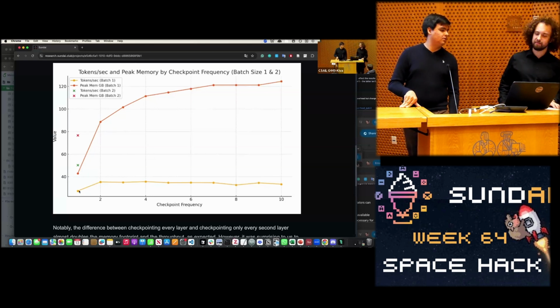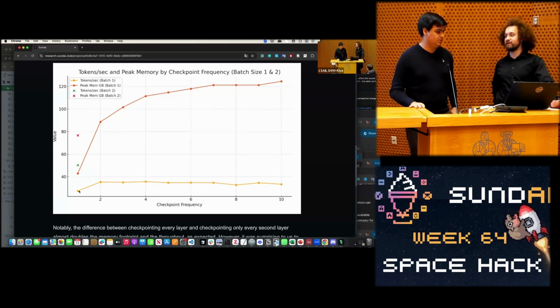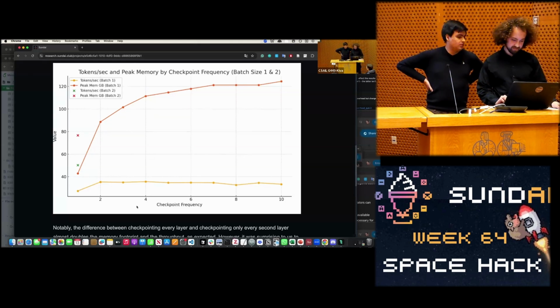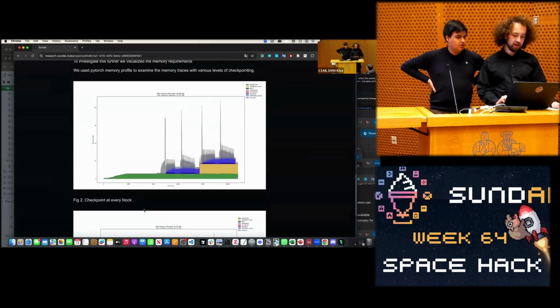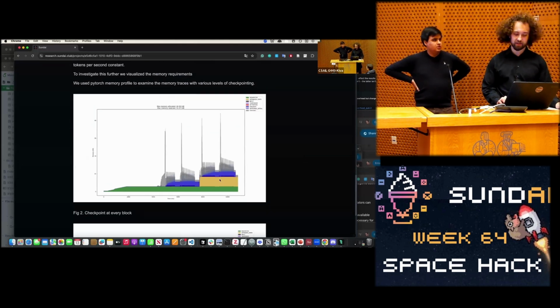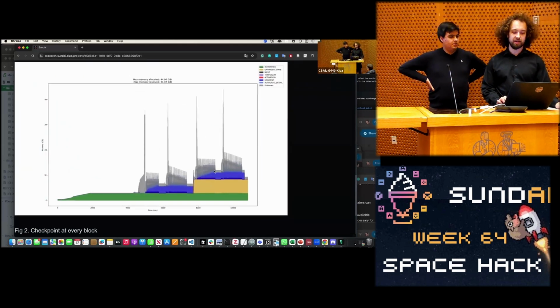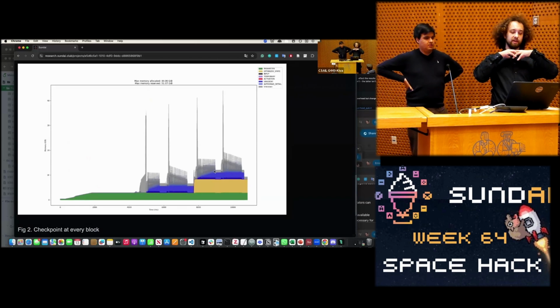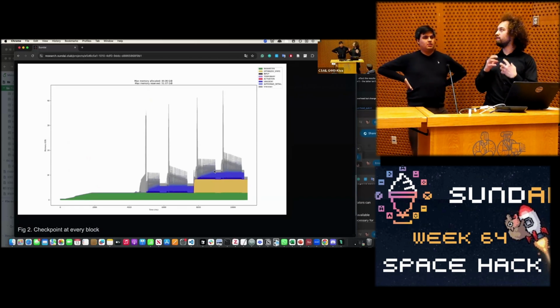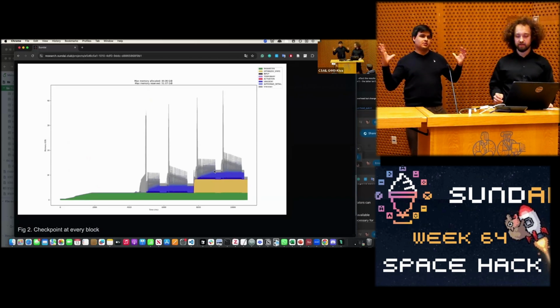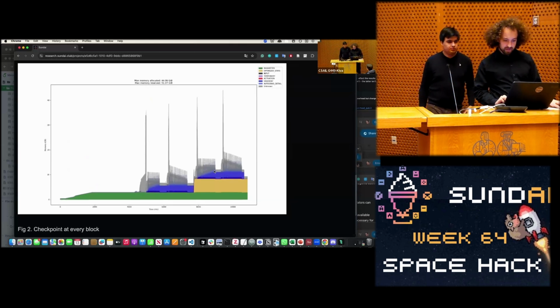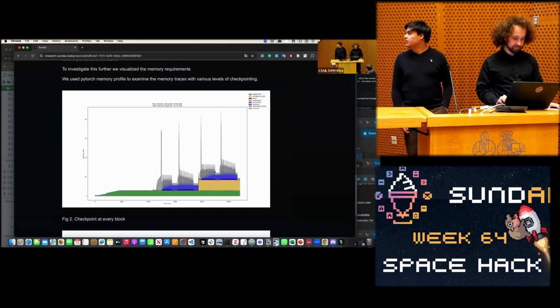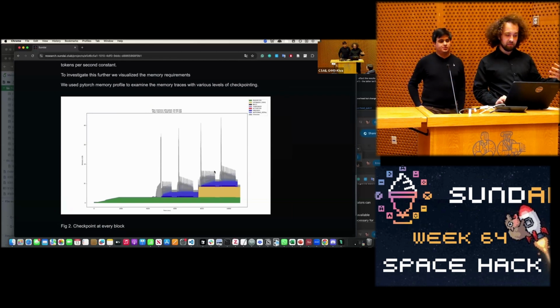Yeah. So down to the tokens. You want to share the other graphs? Yeah. Something that might be a little more visually appealing is looking at the memory footprint of these processes in one single run. So we did some memory profiling,